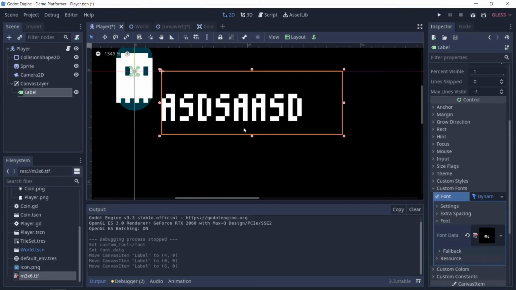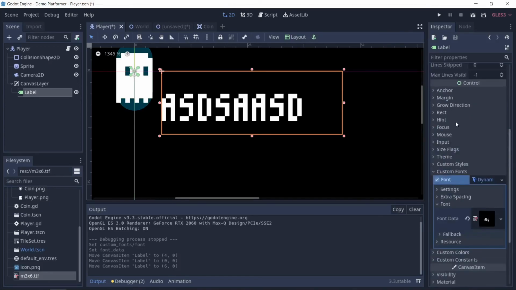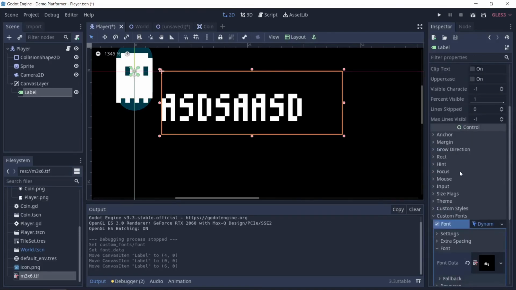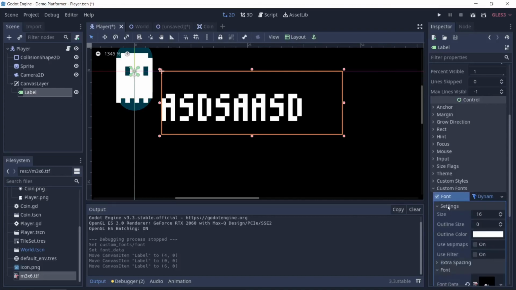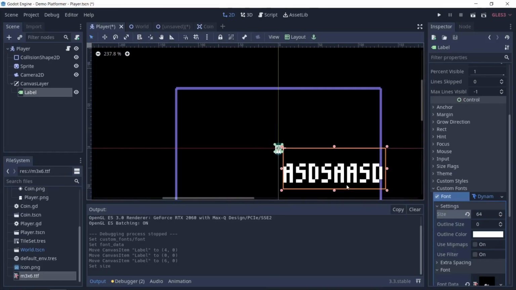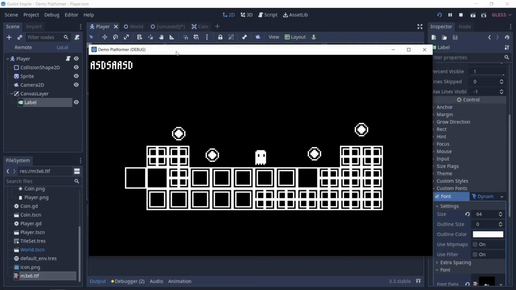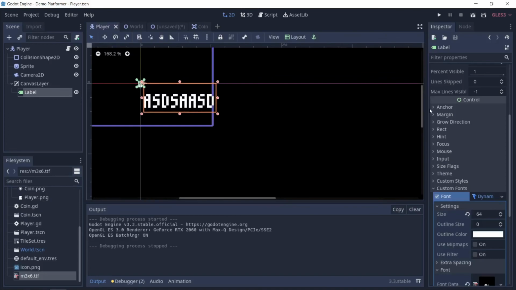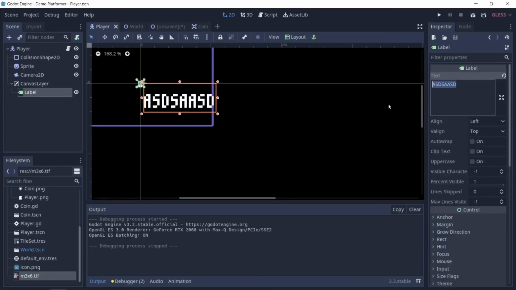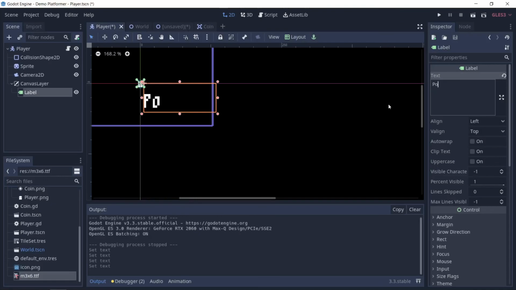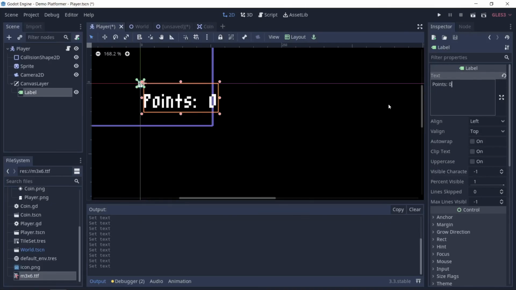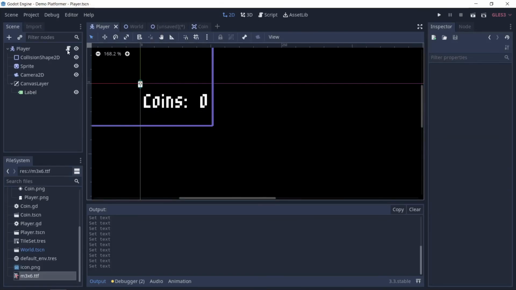And as we noted before, the text was kind of small, so also under Label, Control, Custom Fonts, Font, there's Settings, and inside of Settings we can set Size to 64. 64 might be a bit large. Let's find out. Nope, it's perfect. So yeah, set it to 64, and instead of this sample text we have, we can just type in points, and then colon 0, or I guess coins: 0. And then now with coins: 0,